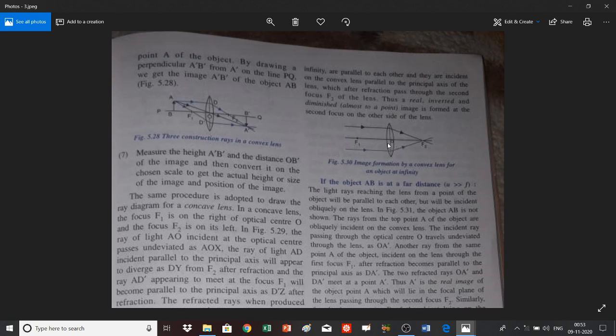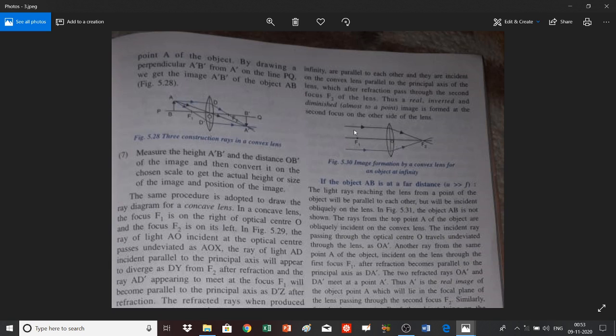So here is the lens, this is the convex lens, and O is the optical center, and you consider that the object is at a far distant place. That is, you can consider in this case, for example, the sun. So the rays coming out from the object which is at a distant place or infinite distance are parallel to